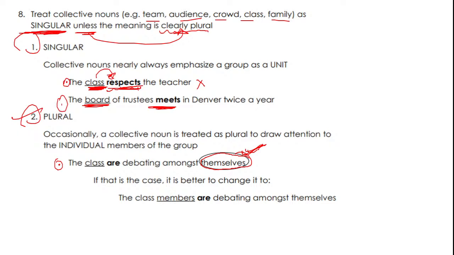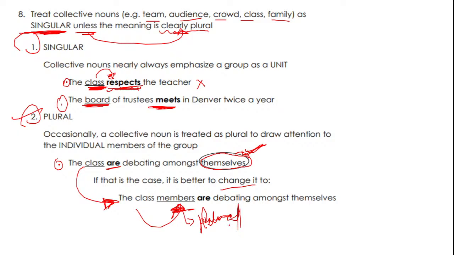We have to treat this class collective noun as plural, hence we are using the verb are. So यहाँ पे इस स्टेटमेंट को हटा के हम ऐसा भी चेंज ला सकते हैं, that the class members, so members is making clear sense यहाँ पे कि स्टेटमेंट जो है, it is plural,